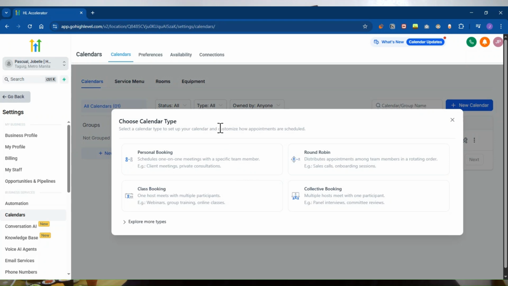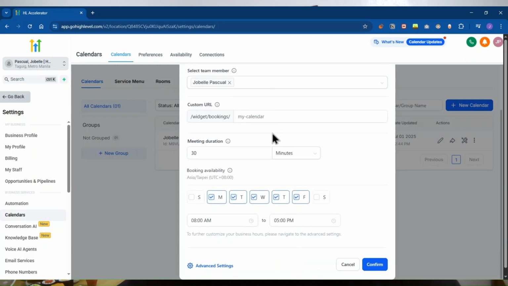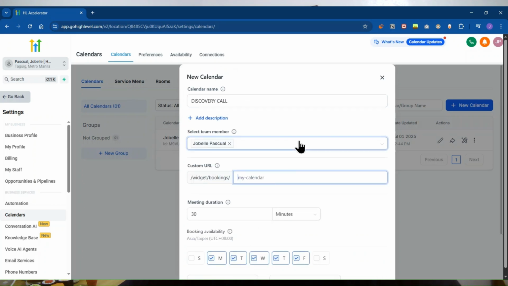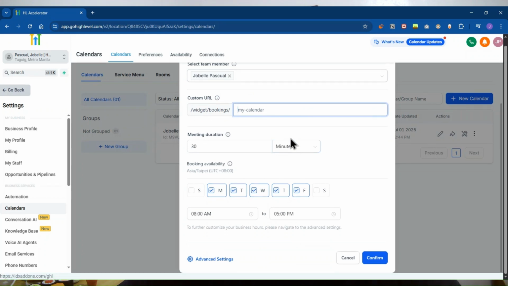So in this instance, I'm going to use personal booking. So let's call it discovery call, since my aim for this one is for my prospects to book and to discuss the possible services that I can offer to them.